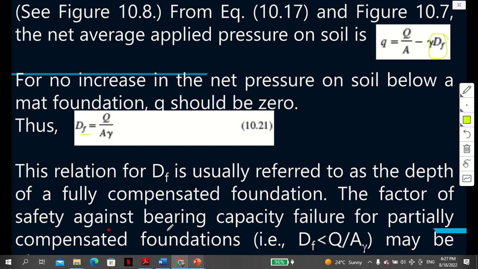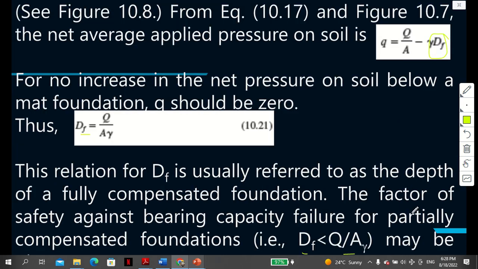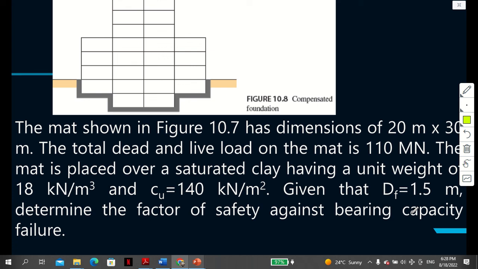The factor of safety against bearing capacity failure for partially compensated foundation, i.e., the depth over Q over A gamma, may be